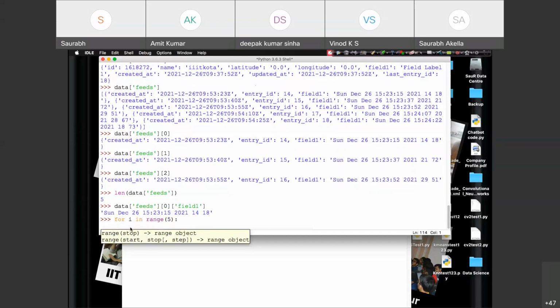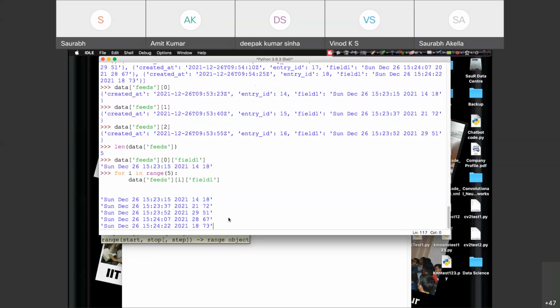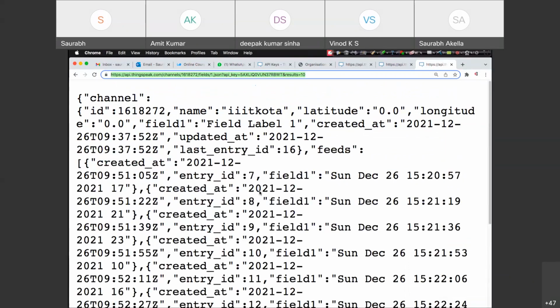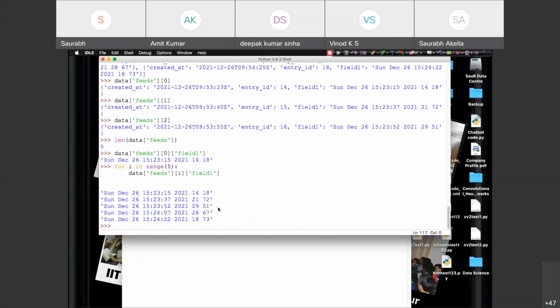And I would run this data of feeds of i of field 1. What will happen? I've got the actual data which has been sent from this Raspberry Pi, right? So all these values that we have received in 5 different statuses, and all these 5 values are different.